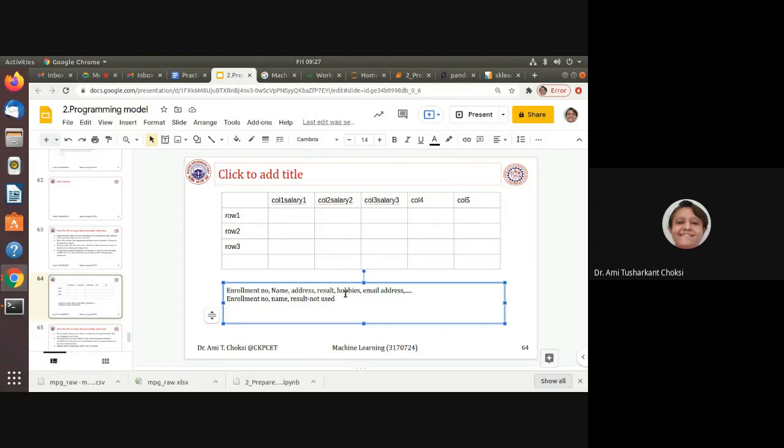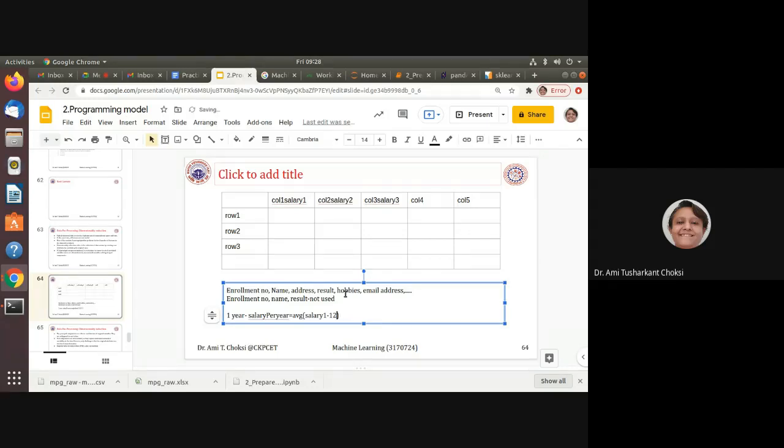Let me say that for 1 year, I want to find the salary of that person. So instead of taking salary 1, salary 2, salary 3, salary 4, salary 5, for the whole year, that is 12 months' salary, what I consider is salary per year, a new attribute I have created, and that is the average of all the months. That is salary from 1 to 12, divided by 12. Okay, average means it is divided by 12, right?